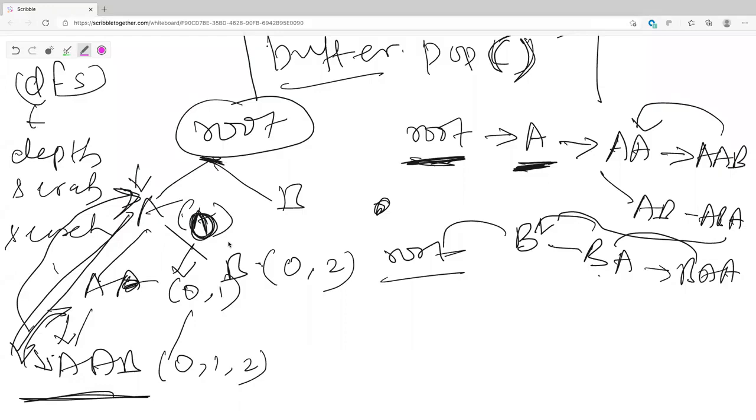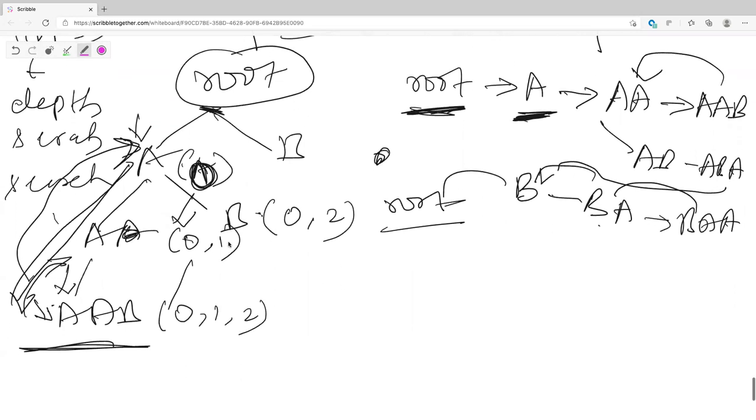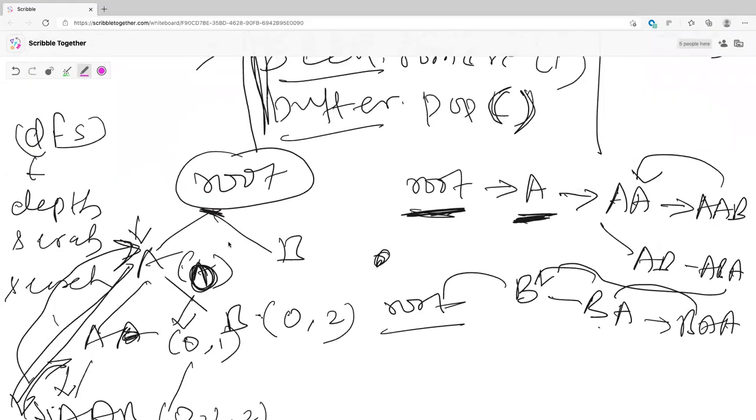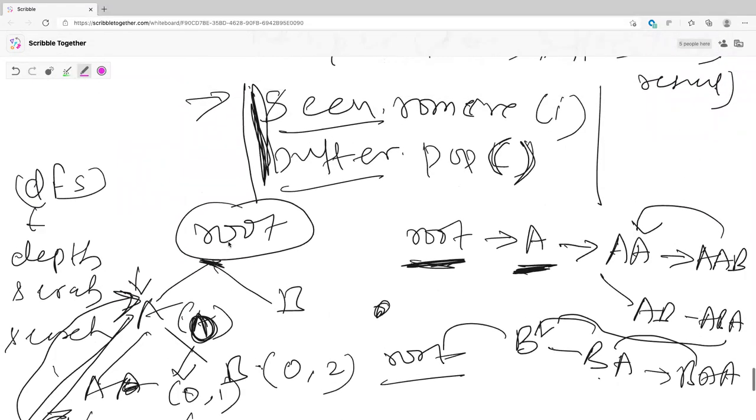You will always remember what my next DFS call is going to have. In a lot of questions, you are going to use scene visited, right? But in some cases, your scene might have alphabets, it might have numbers. Sometimes you might have to use indices, sometimes something else. By using this, you will always remember what your scene variable is and what each DFS call is going to do. And once you return back, what are you going to undo from your array or from your result. So always understand what is happening in a DFS call. That is why you're doing this. Is this clear to everyone now?